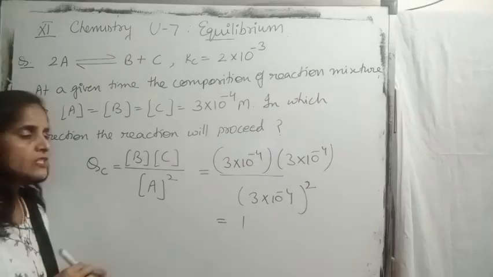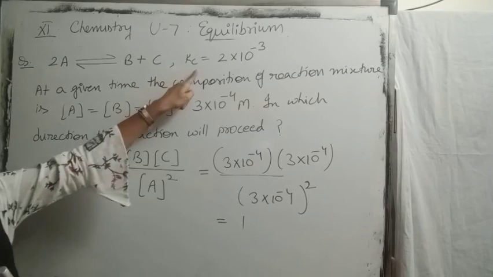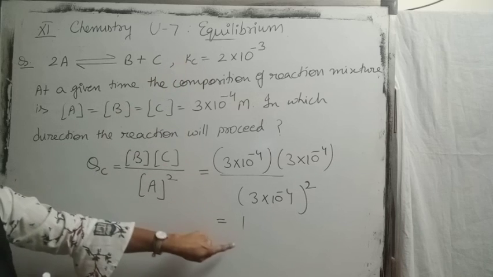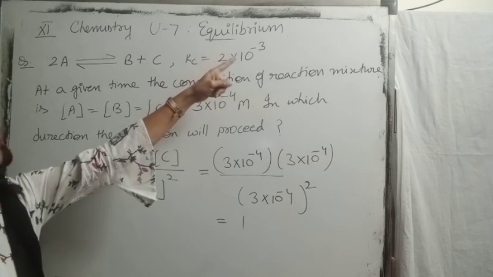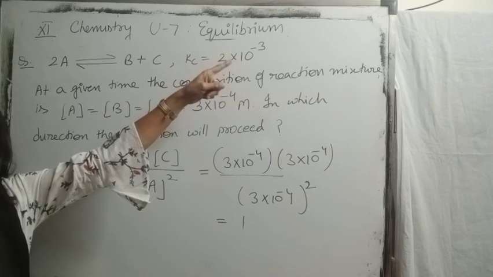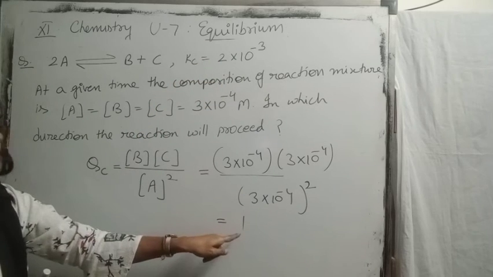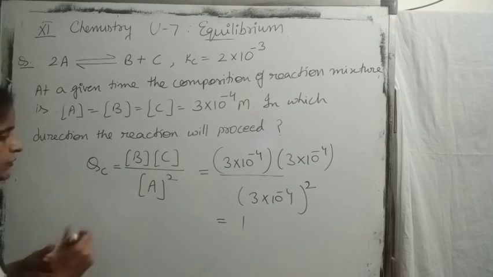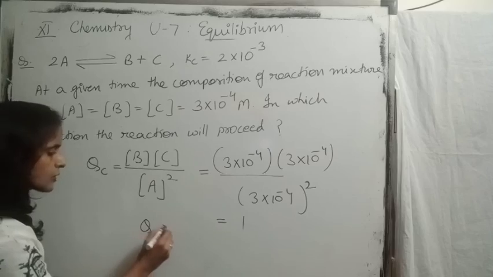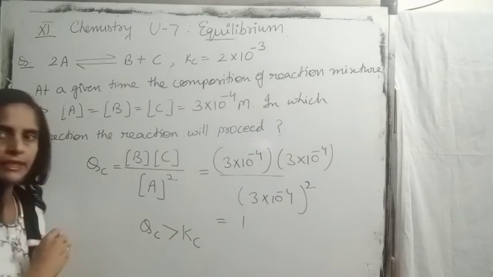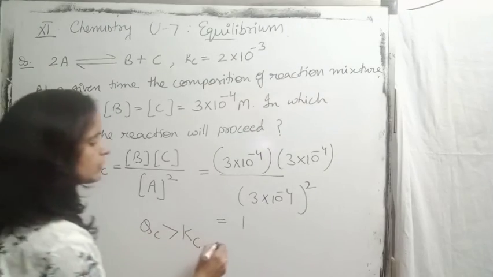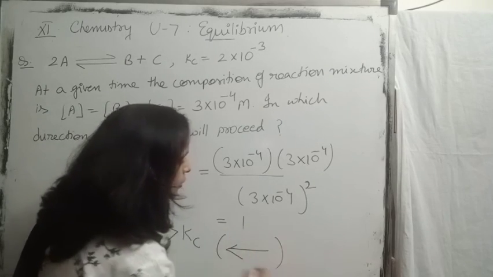Now compare this value of Qc with the value of Kc. Qc is coming 1. Kc is 2 into 10 to the power minus 3, much less as compared to Qc. So here we can conclude now, as Qc is coming greater than Kc, it means the reaction will proceed in the backward